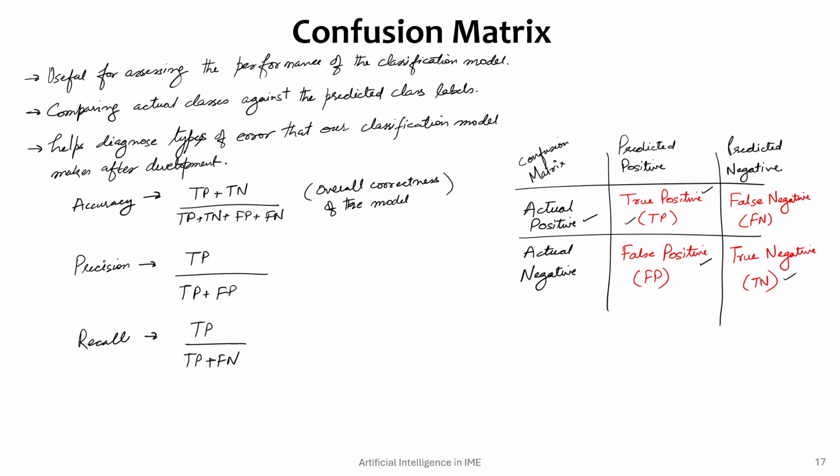Now, out of all the instances of actually positive labels, how many times does your model say that a particular instance is labeled correctly, right. So, this is why your precision and recall will always have a trade off. That means, if you are trying to tweak your model in a way that your precision increases, your recall may go down. But to overcome this issue, you usually calculate F1 scores,